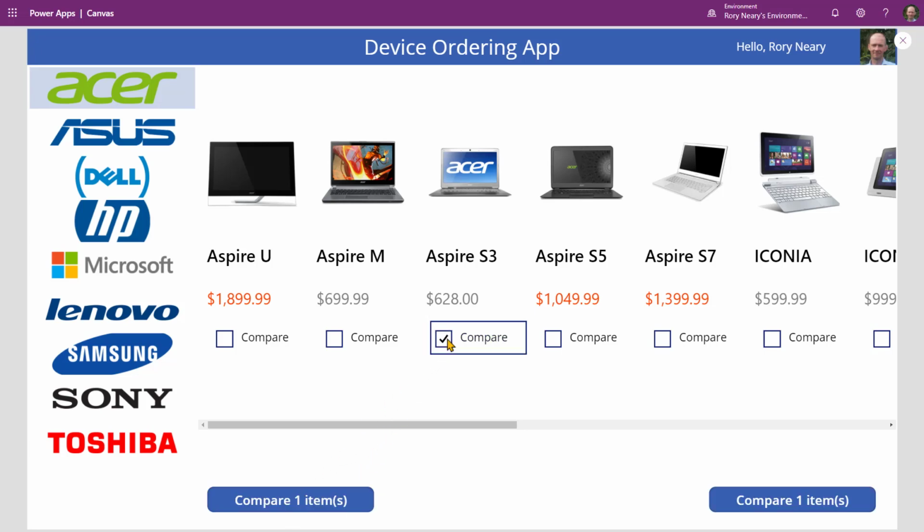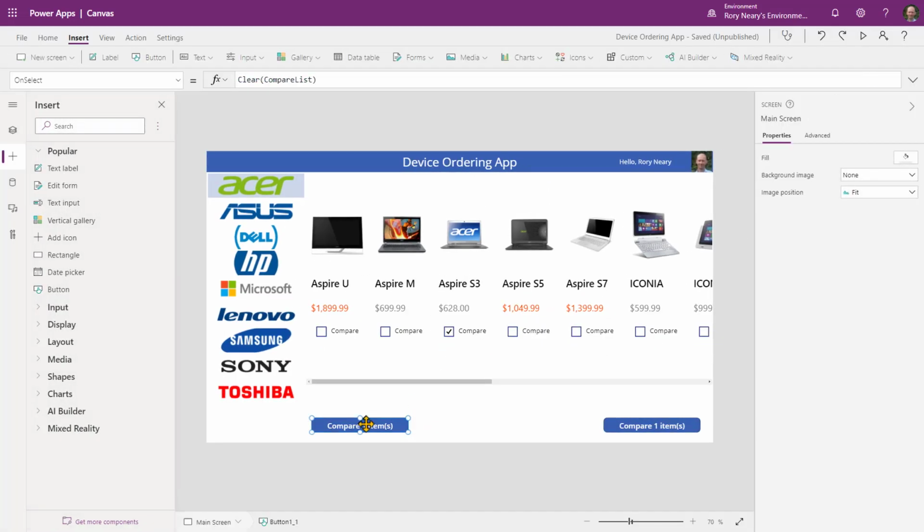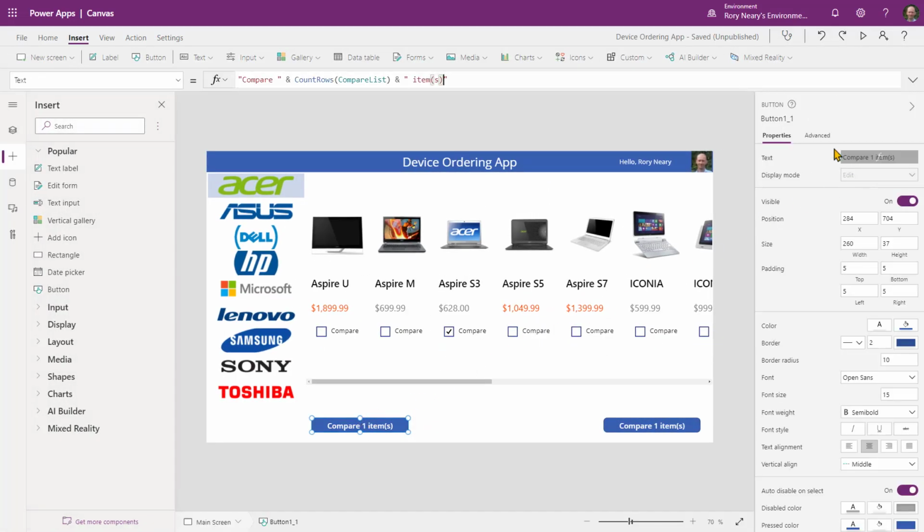So what we need to do now is change the text on that, and we can change that to "Clear selection", in quotes. That will work correctly. Now what we need to do is on the button where we compare one item is,